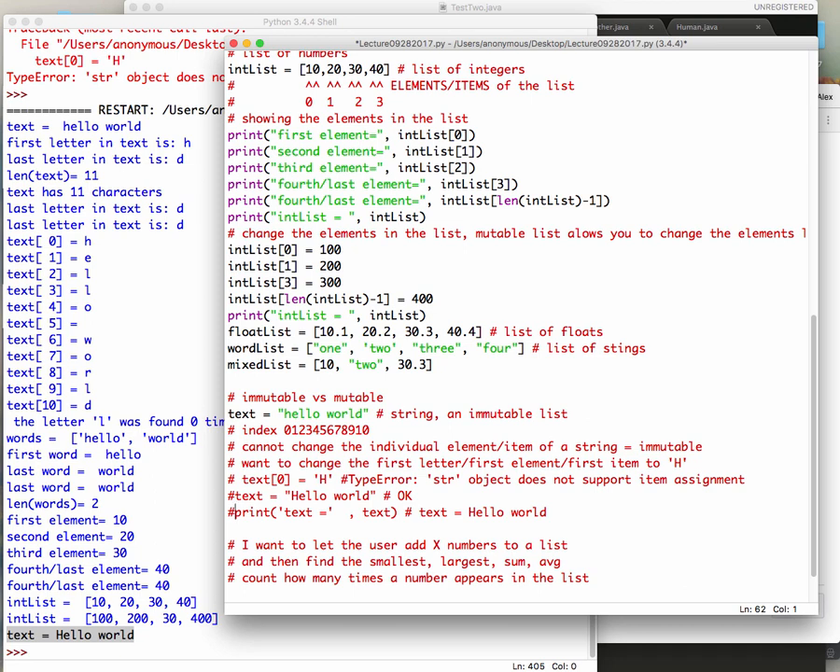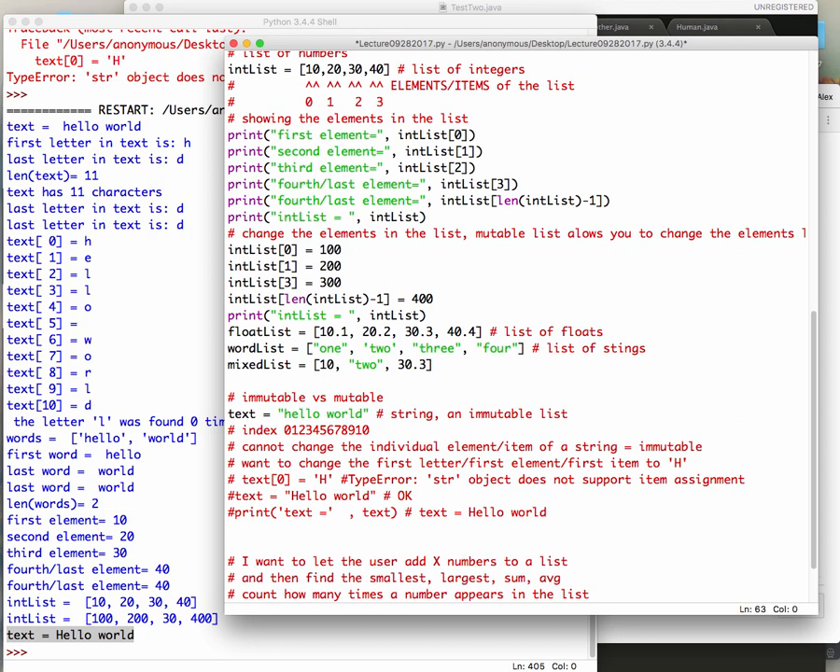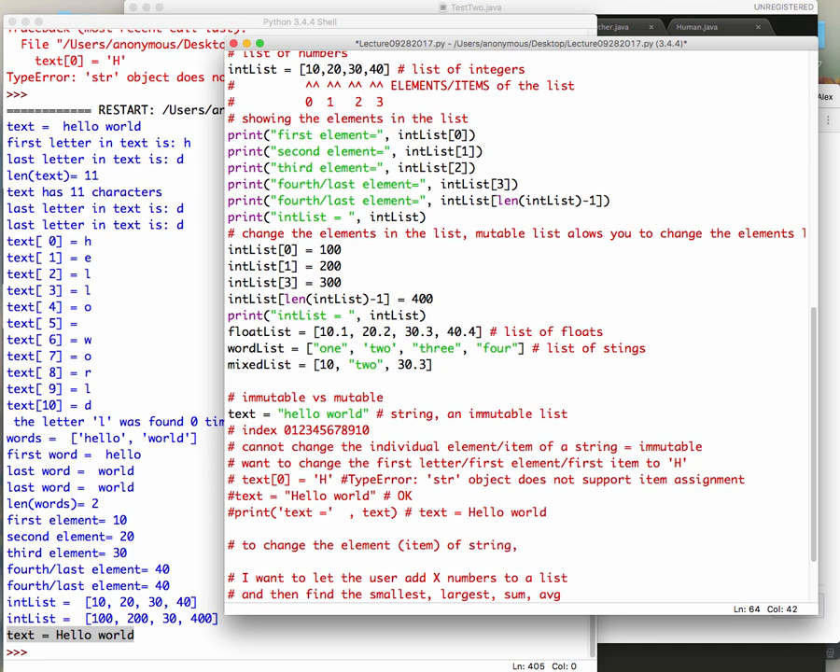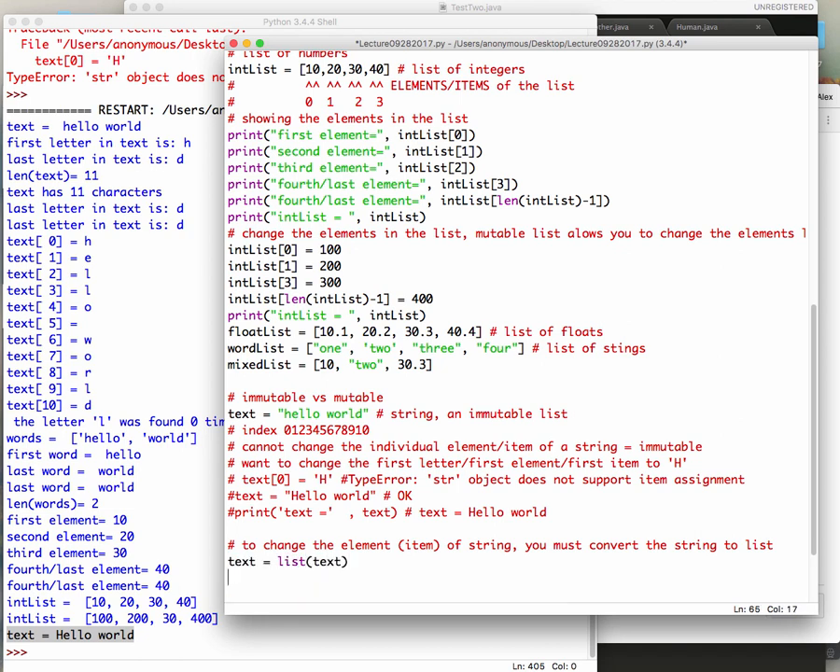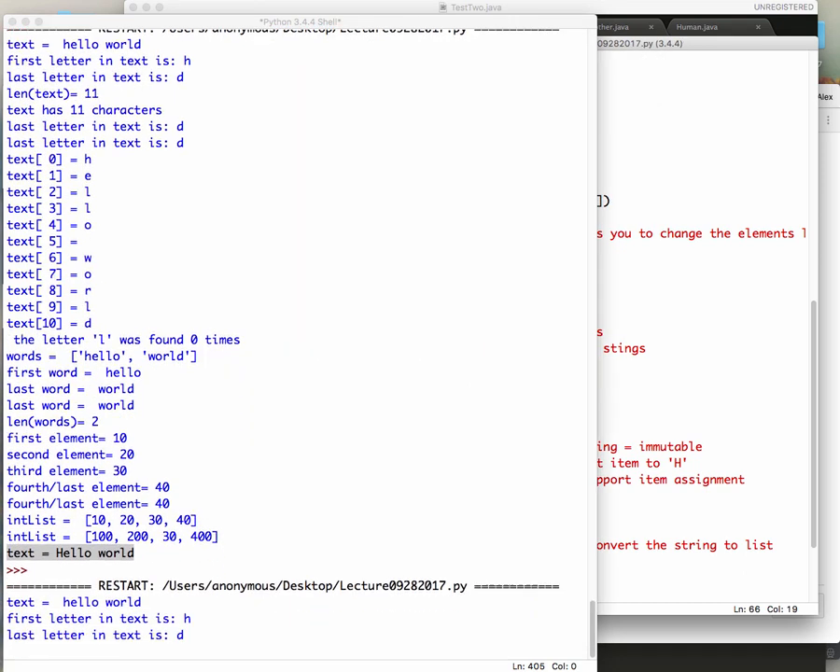But I don't want this. I want to change the individual element, right? So I want to change the h to uppercase H. So how do you do that? To change the element or item of a string, you must convert the string to a list. And how do you do that? You tell it, okay, well, text, you are now equal to list(text). And let's have a look at what that looks like now that I said that it should be a list. Text, run it,